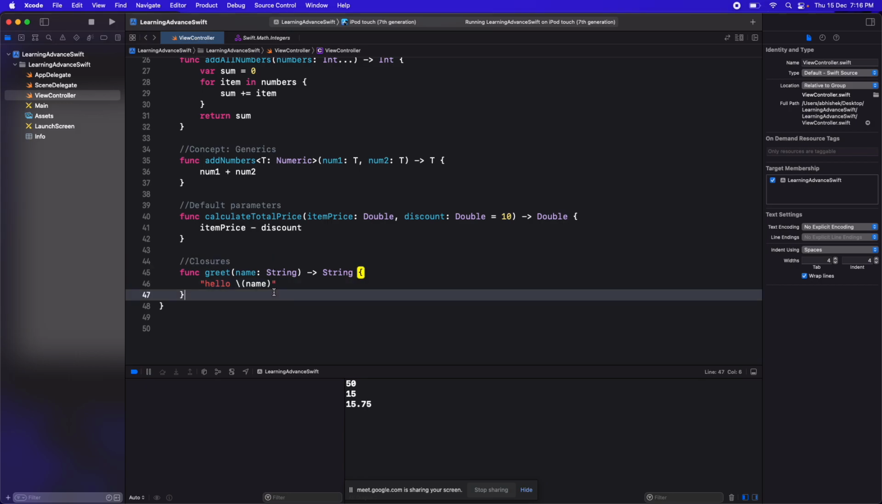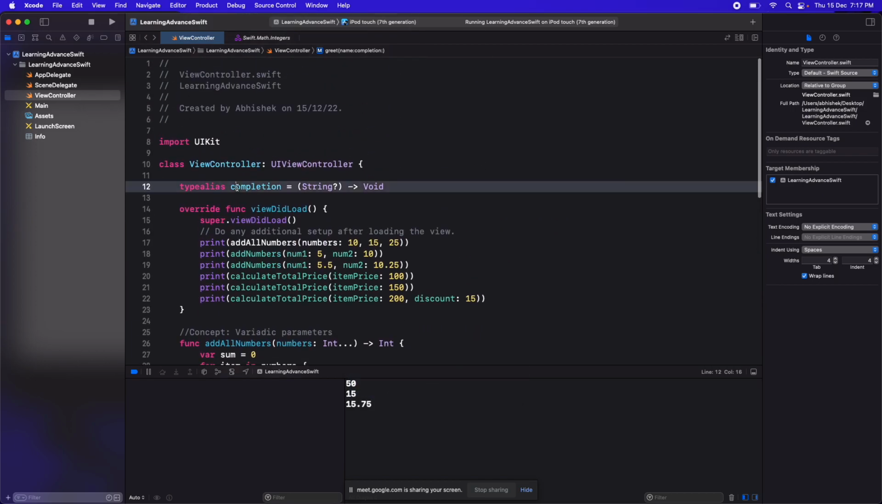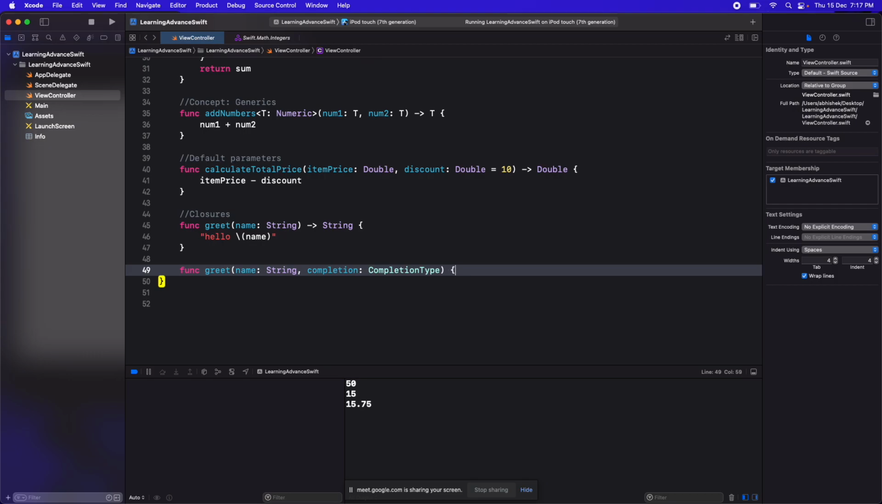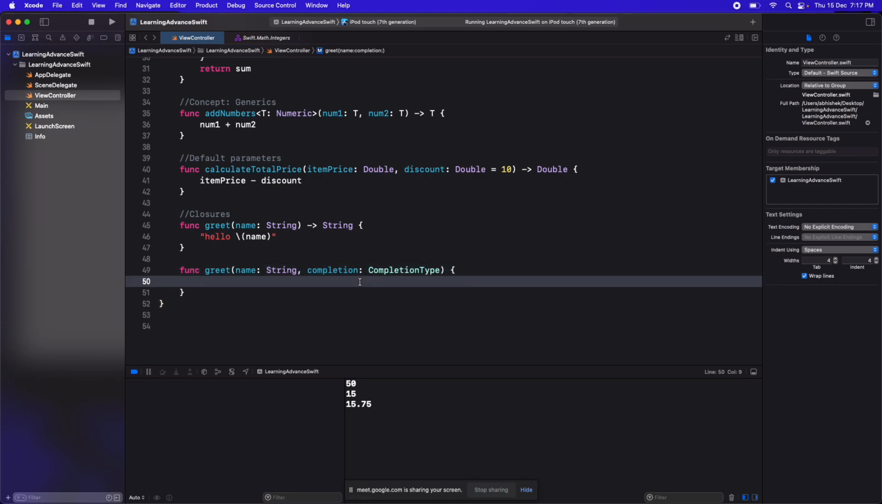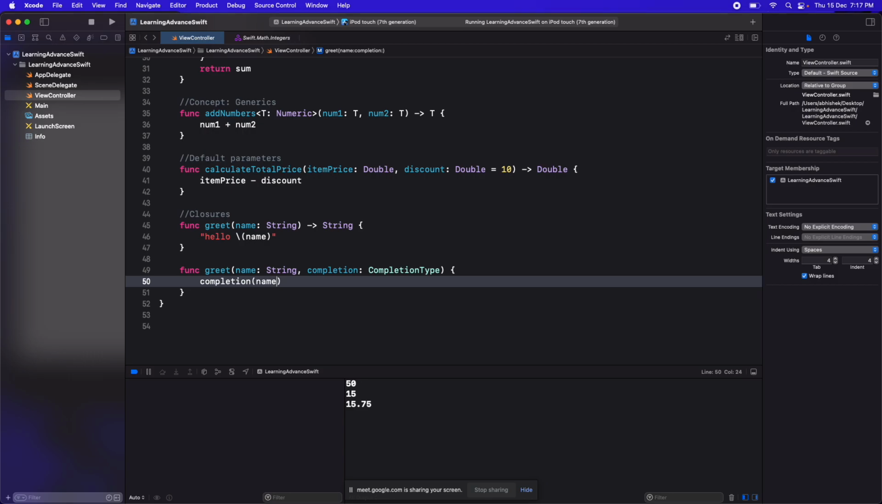But what is the closure way of doing it? In closure way, we will write a function greet, and then I will say completion. First, let's accept a name string, and then completion, which is of type completion. Just to avoid confusion, it is of type completion. And then here instead of returning, I will call my completion, and I will pass my any